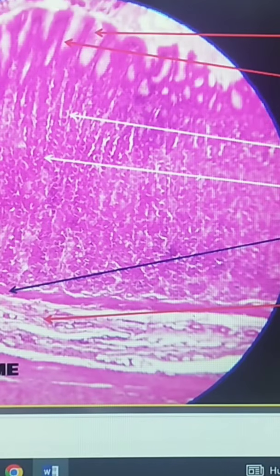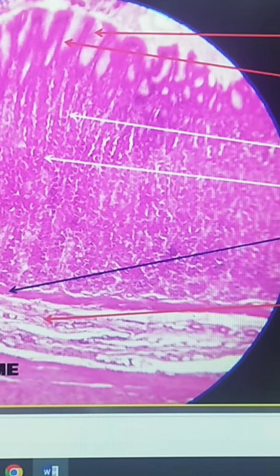Now the present slide, what we are seeing is the stomach at the level of the fundus. This is very important. Remember, this slide is of the stomach at the level of fundus. Now what are the important points you have to observe in the slide that belongs to the stomach at the